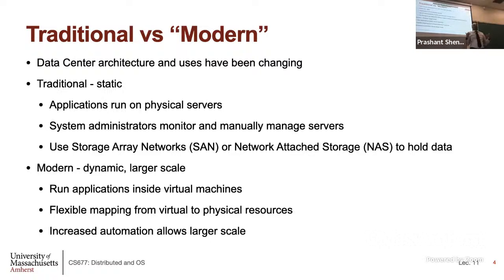And there was something called a storage area network that provided the storage backend for all of these servers. Storage area networks are often called SAN in industry language. And there is something called network attached storage, which provides similar functionality. It's called NAS. Both of these were used to store the data that these servers accessed. Okay? So that was the old view of how to build these data centers.